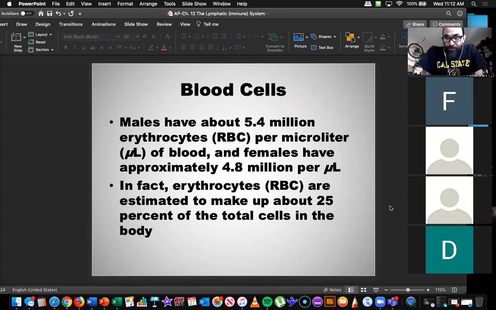I'm not sure. Okay, what do you think, Fatima? Why would males have more red blood cells? Is it because they're generally bigger? Yeah, it has to do with mass, especially muscle mass. And that's just nature. I'm not saying there's not females that are way buffer than I am, but generally males have more muscle mass, and so they need more blood to maintain oxygen supplies to those muscles, right?